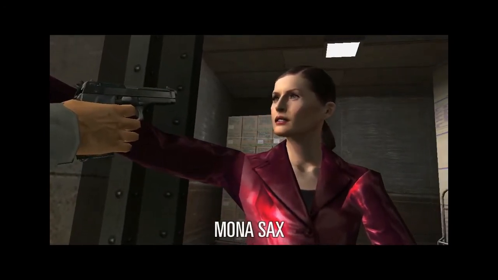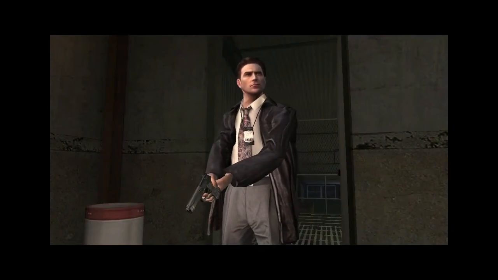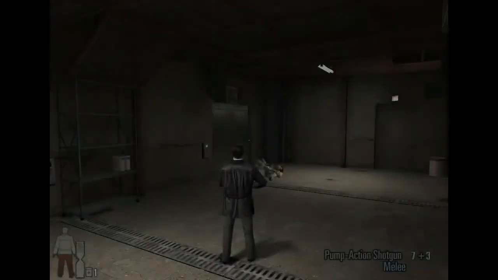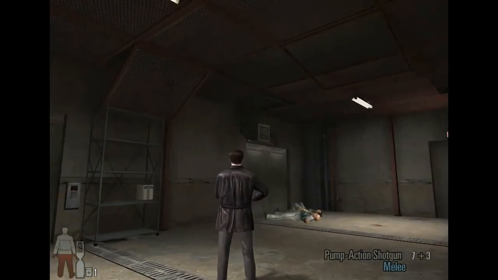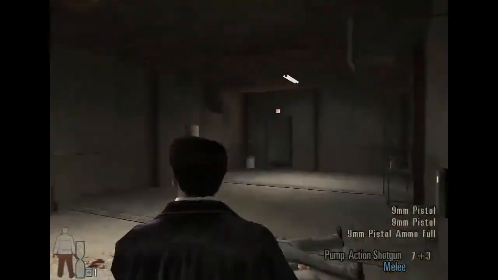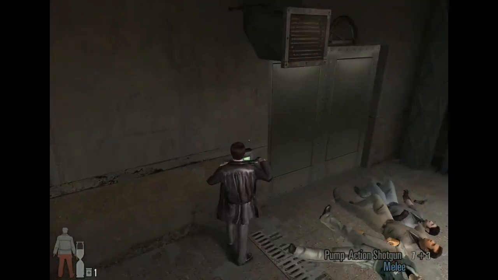Mona Sachs. She looks better in the comic book. Mona? She looks kind of flat-headed here. We gotta stop meeting like this. But hey, baby. I thought you were dead. Is that your way of breaking up with me? Because if so, that's harsh. Tell me to my face. Don't feign your own death. Okay, can we...